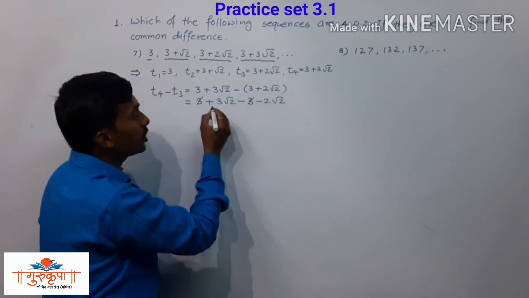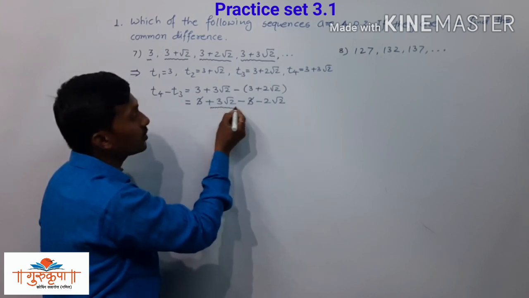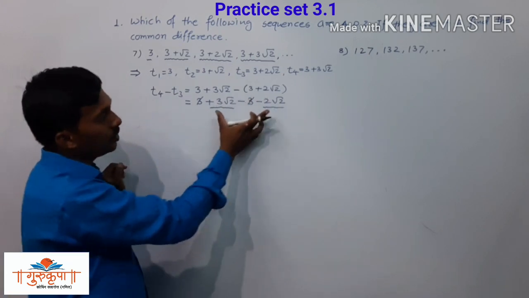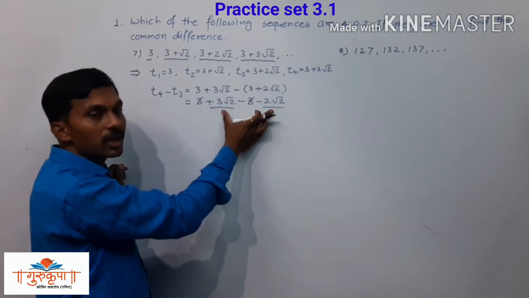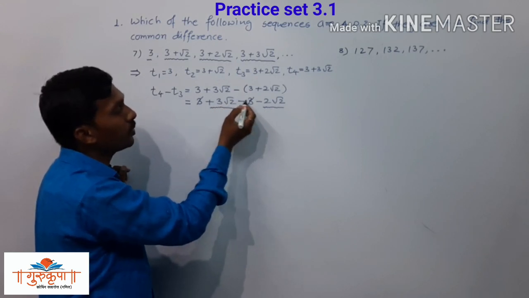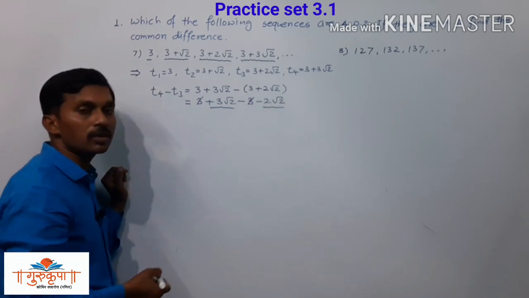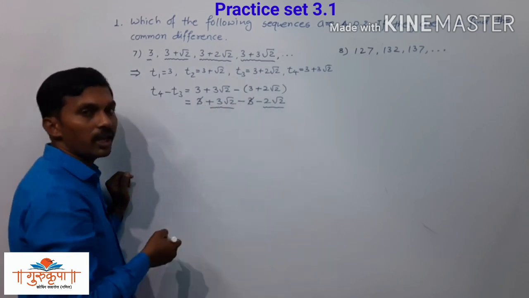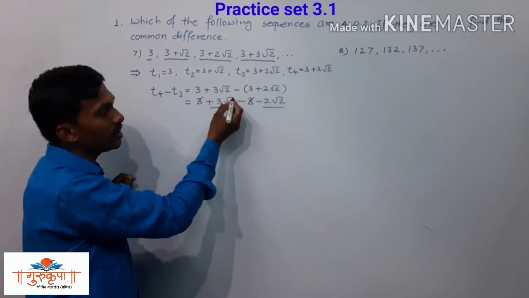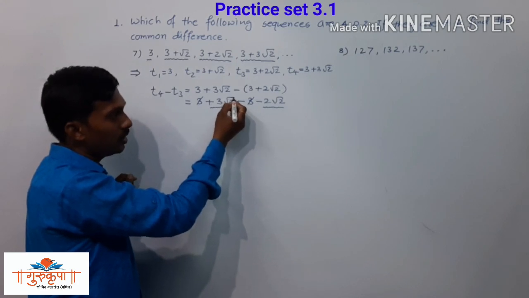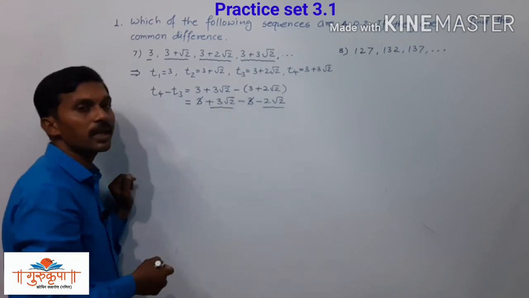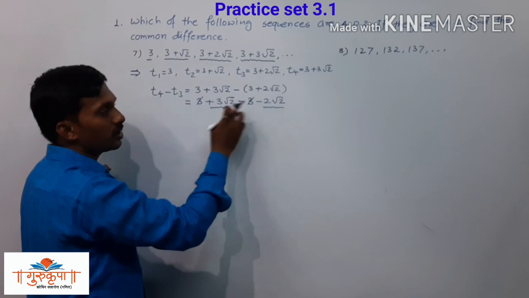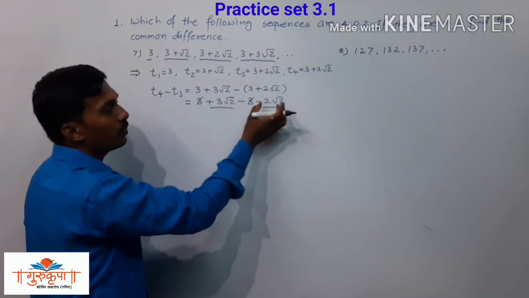Here both the numbers are irrational and they are like surds. We studied all these things in 9th standard. Both numbers are called surds, and these are like surds, since here we have square root of 2 and here also we have square root of 2. Their coefficients are different but the radicands are the same. Radicand means the number under the radical sign. Now we can take the subtraction of these two numbers, 3 root 2 minus 2 root 2.